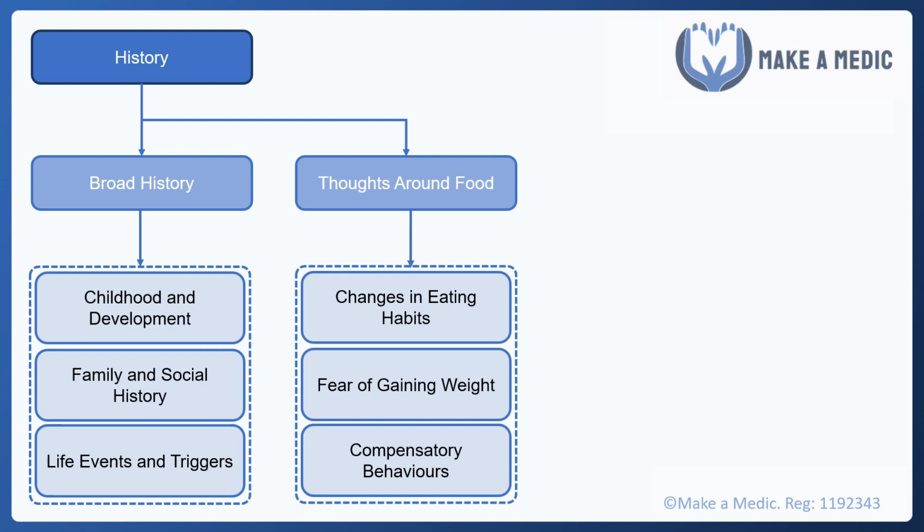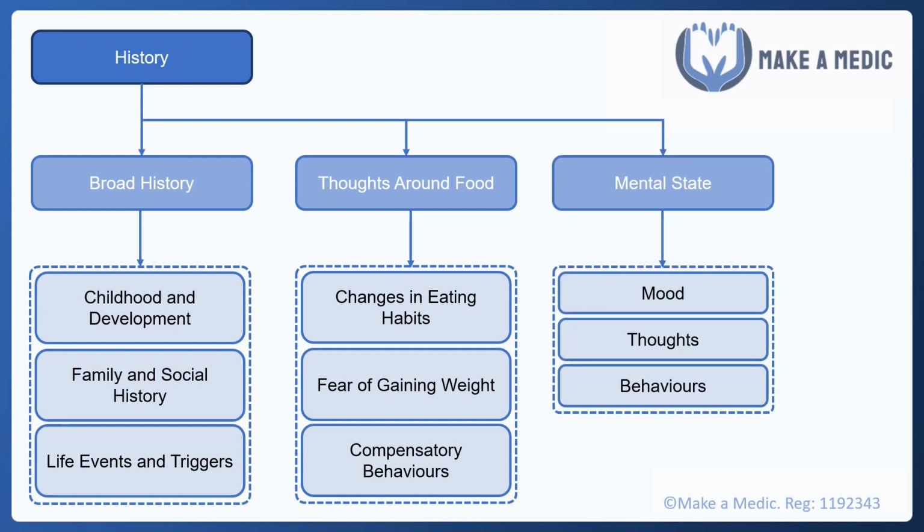Secondly, we need to inquire about the symptoms of the eating disorder. So, for example, are they restricting their diet? And if so, is it specific food groups or generally? Some people may eat in secret or have rituals around meal times. Ask what they think of their weight and elicit whether the person perceives themselves accurately or are they preoccupied with body checks such as weighing themselves or photographs, and any compensatory behaviours such as exercise and purging, because these can be just as harmful as restricting their diet.